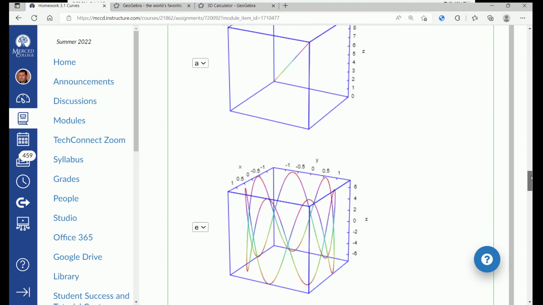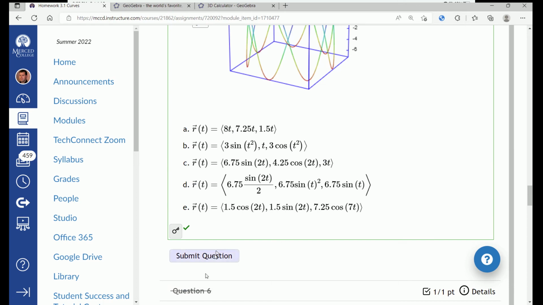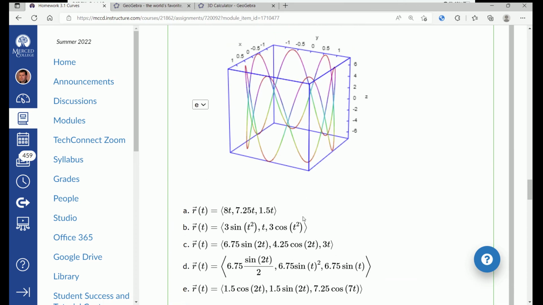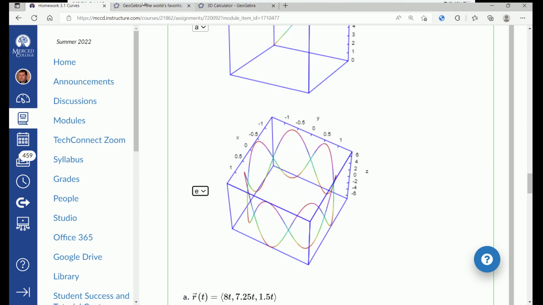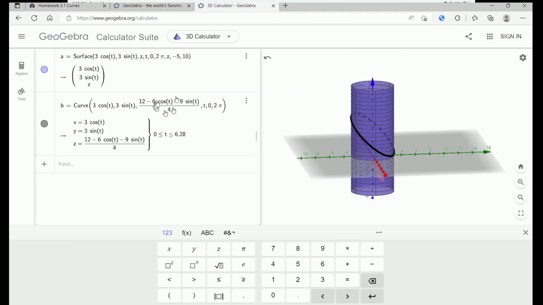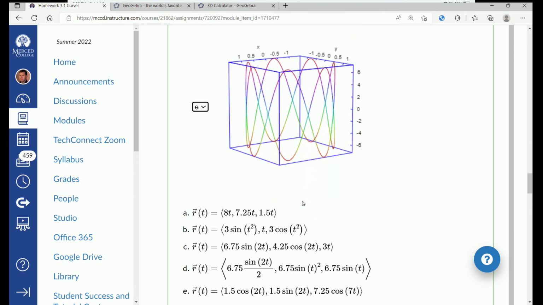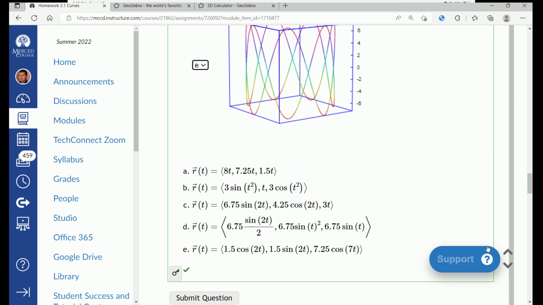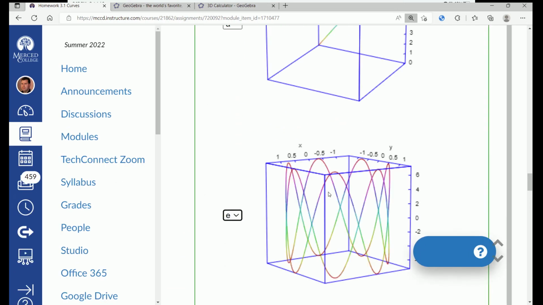I think the last thing I wanted to say here is just to pay attention, if you're trying to solve these. No, that's not the answer key. But when you're trying to solve these, you can graph them in GeoGebra. That's the easy way to do it. Graph the curve. Another way to do it is just to look carefully at where the sines and the cosines are. So like on this, for example,